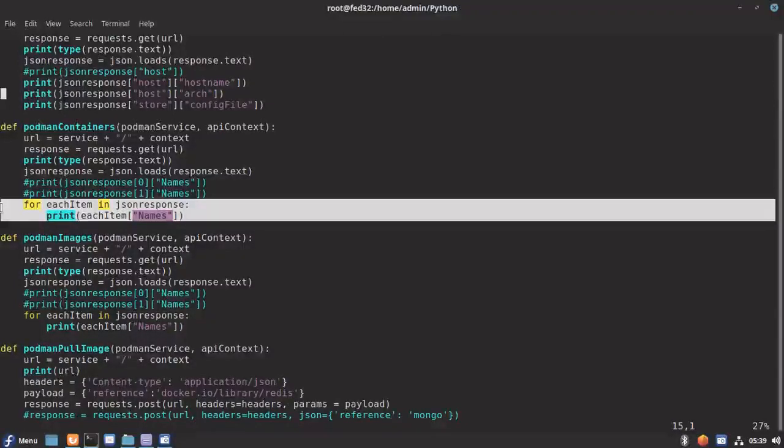So what I'm doing is I'm looping through the JSON response, and from each top level node I'm trying to capture the names. So basically that names field is going to show me the containers that are available on the podman system. Okay, so this is how we can capture how many containers are available on your system.